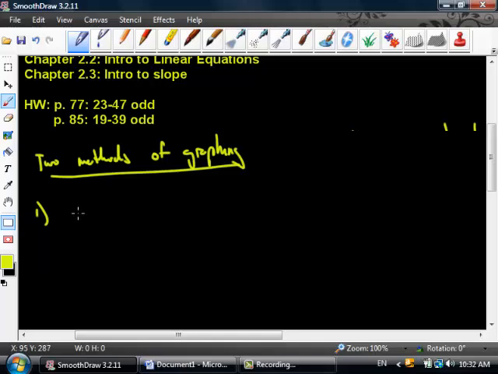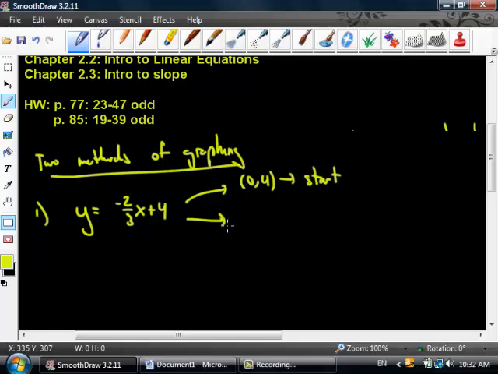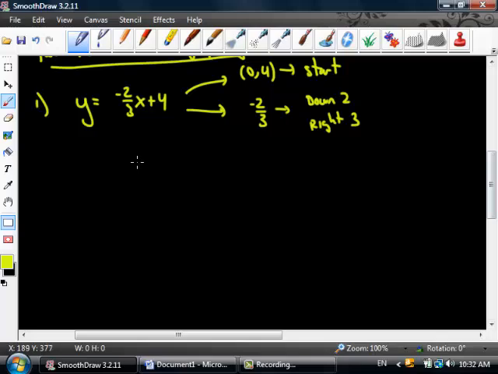Okay. There is slope-intercept form, which is y equals, say, negative 2/3 x plus 4. What that means is my y-intercept is at 0, 4, so 0, comma 4 is where I start. And then we didn't cover this quite yet. That'll be in the next section in a few minutes. Negative 2/3 is my slope, and that tells me to move which way. If anyone remembers anything from Algebra 1, Nate. Down 2/3. Down 2, and I'll say right 3. Okay,